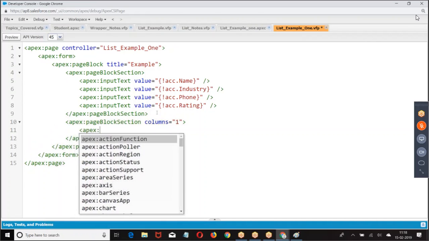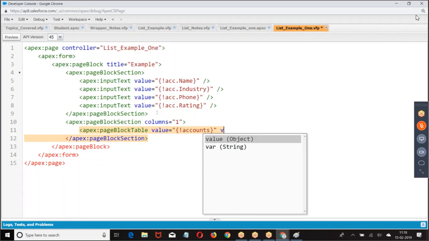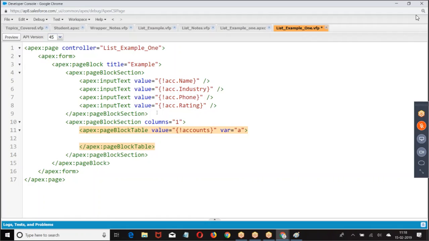Now I'm giving Apex page block table, value equal to what I want to display, accounts. Value equal to accounts. A is one account.